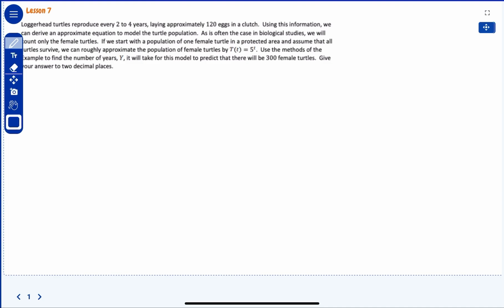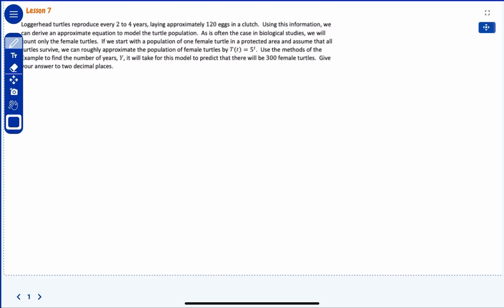Using this information, we can derive an approximate equation to model the turtle population. As is often the case in biological studies, we will count only the female turtles. If we start with a population of one female turtle in a protected area and assume that all turtles survive, we can roughly approximate the population of female turtles by T, or turtles for time, is equal to 5 to